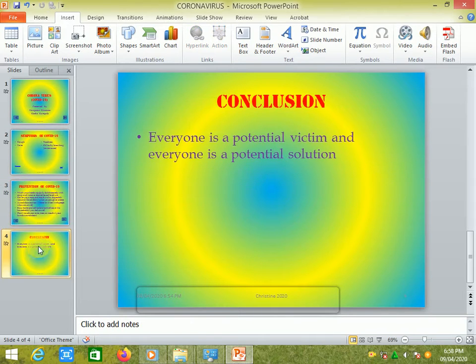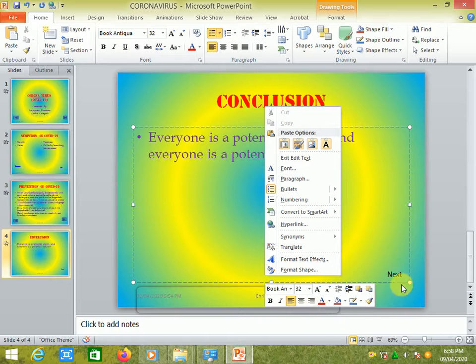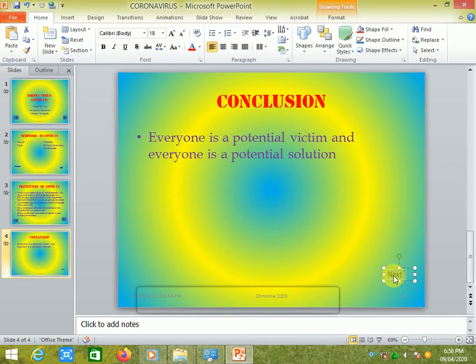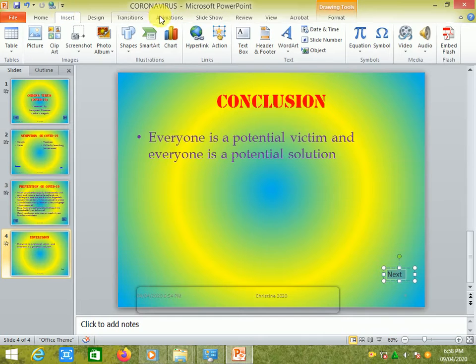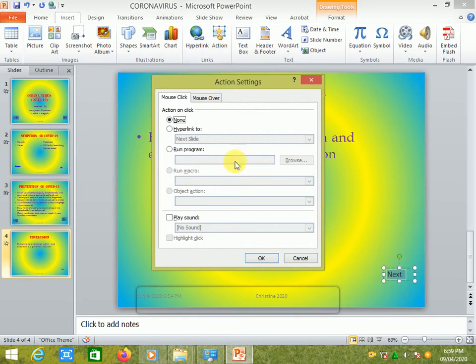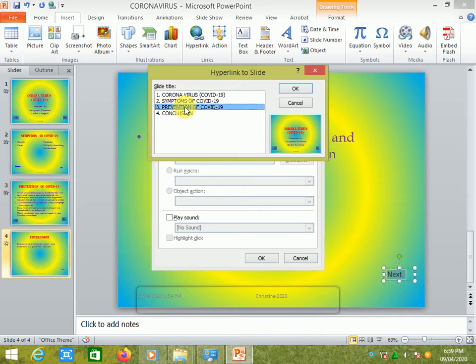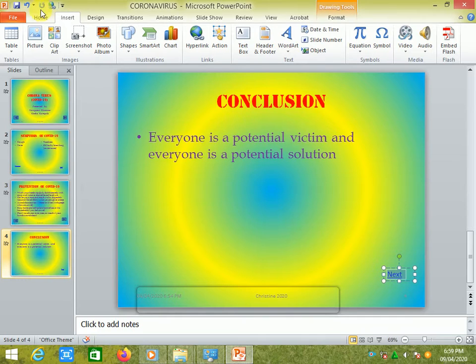Click OK. I come here, I will use the words themselves. This is next, and I will highlight it. I go to the insert. I can still choose the hyperlink, but that one will be a bit confusing. Therefore I will still stick on the action and say slide. Then this one is supposed to be taking us to slide 1. Then I will come back, draw a text box of previous,